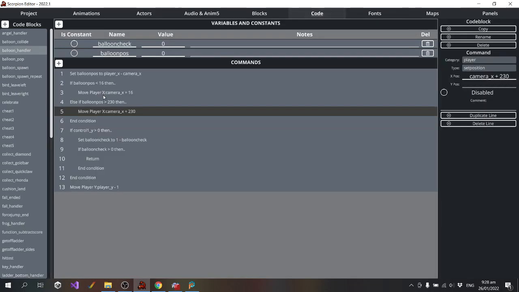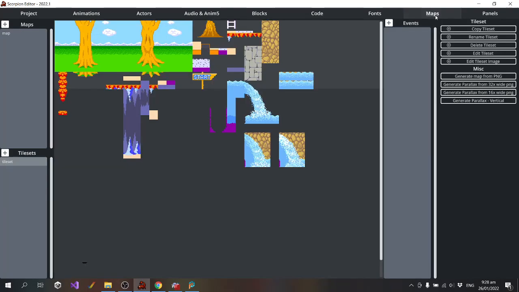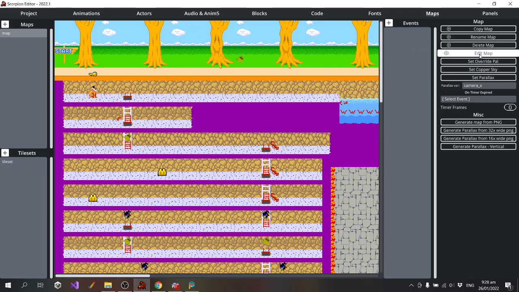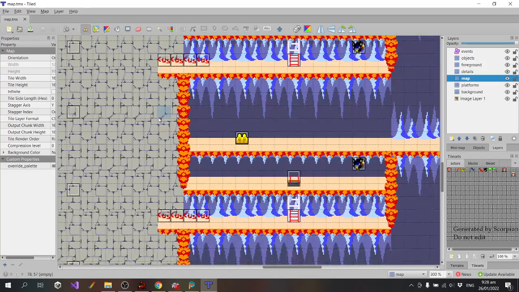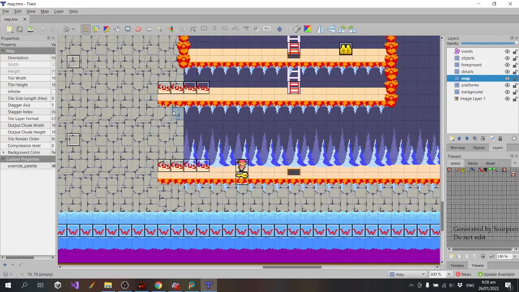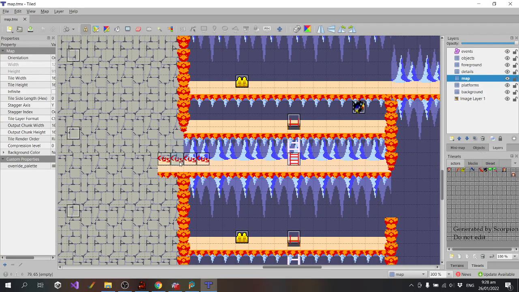Like in code, I'm saying that I want to restrict how far left and right the balloon can go. And the reason for that is because we've got a gap here, and we don't want the player to move into that gap. We just want to prevent the player from going too far to the right.